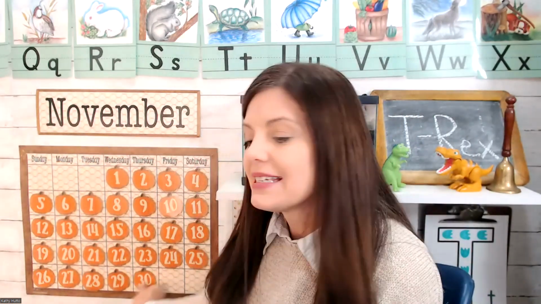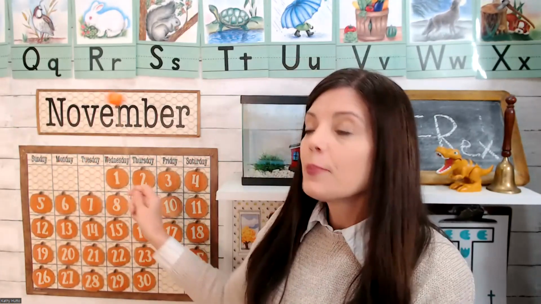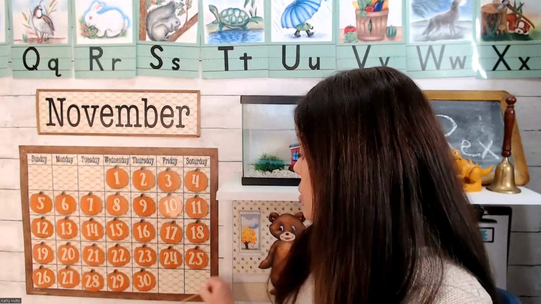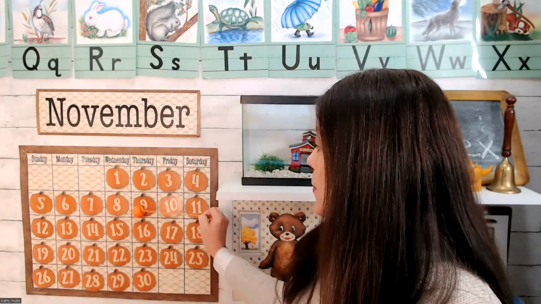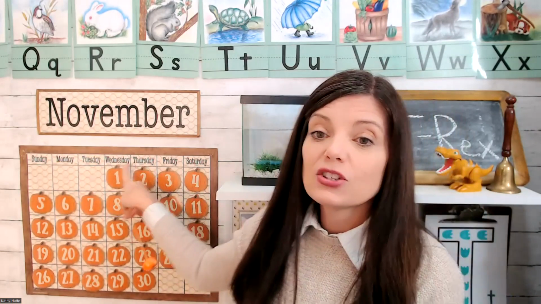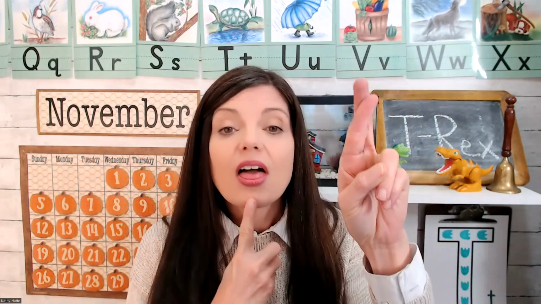Can you say today's date? It's November 30th. If you want to know what day of the week it is, then you have to go up, up, up to the top. And you can see that today's day of the week starts with T and H. These two letters together make the sound th, th, th. So what day could it be? Th, th,